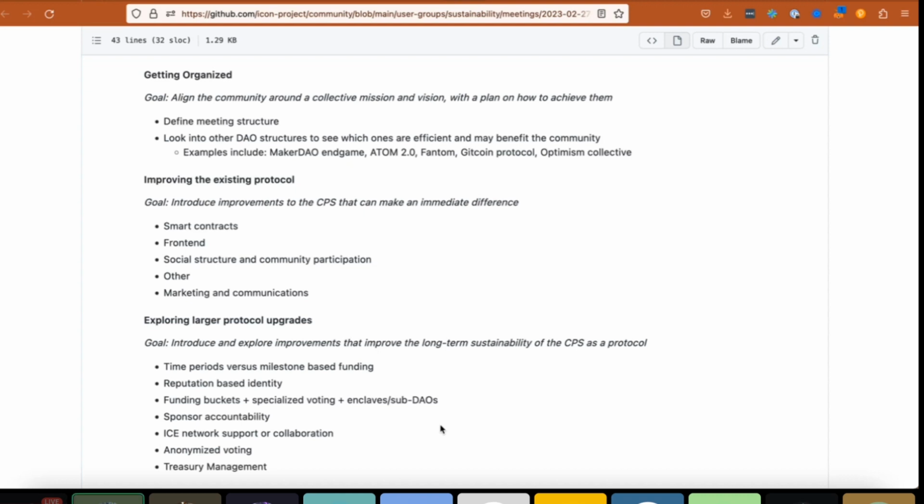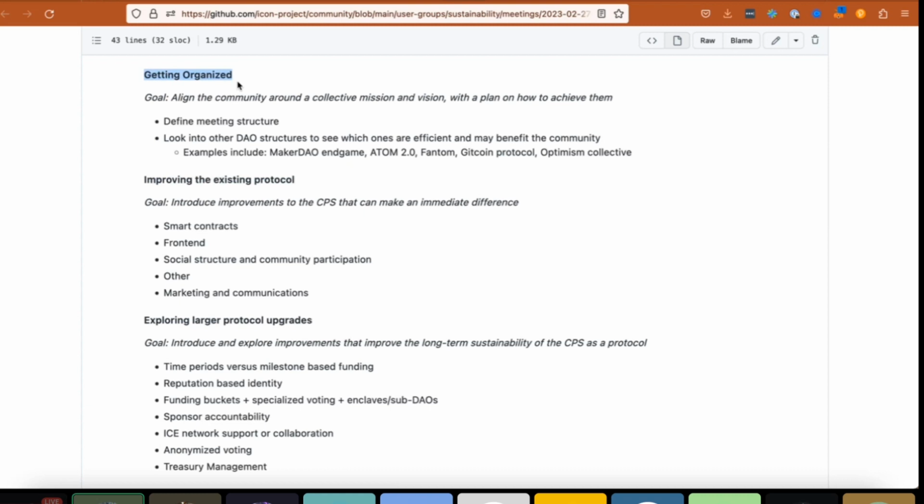I'm going to explain what the social steps are that should be taken, what the short-term protocol steps are that should be taken in order to make immediate improvements, and what some of the more long-term things are that should be done for the CPS in order to improve it, but that maybe will take a little bit more time and planning effort.